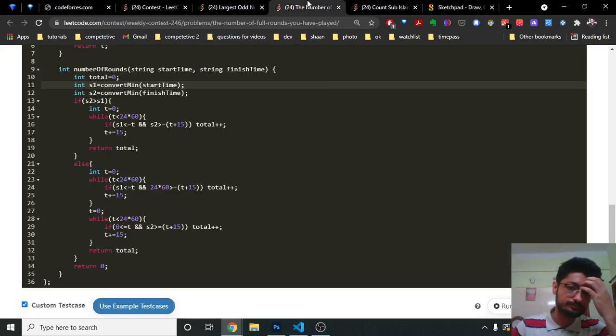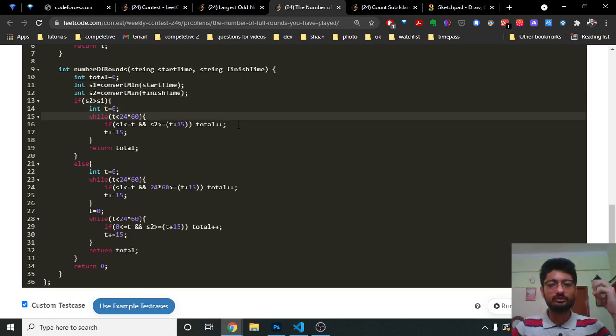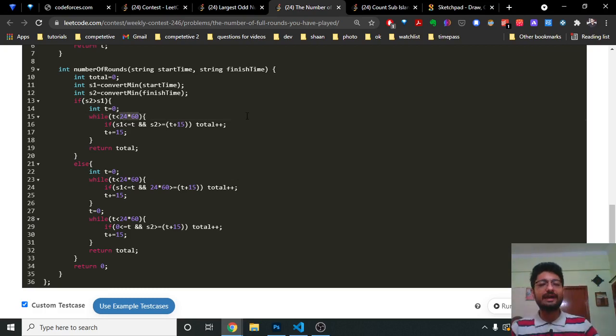So what we'll do is iterate over all the possible times. The time initially is 0, and it will go till the total number of matches. Every match will start from 0, then 15, then 30 and so on. Your time will grow from 24 hours into 60 minutes, so the total number of times is also 1440. You can multiply that, but for simplicity I just write it down, because there are 24 hours and 60 minutes.